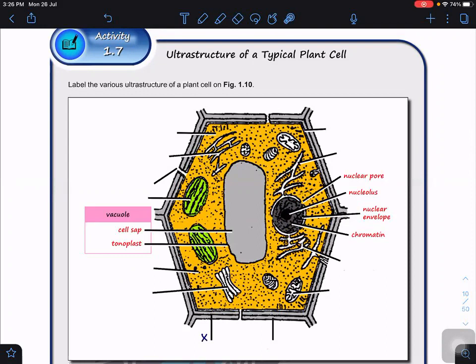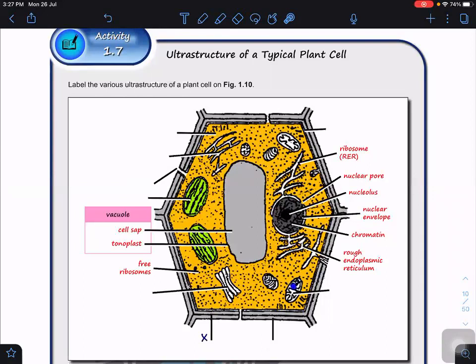Okay, now next, as I said, near to the nucleus you have the interconnected structure with dots, right? Those dots refer to the ribosome. So this structure is known as the rough endoplasmic reticulum. And then the ones that point to the dots, this dot is the ribosome attached to the rough ER. This is the free ribosome. Okay, ribosome attached to the rough ER, and we have the free ribosome. And then you can see the structure here.